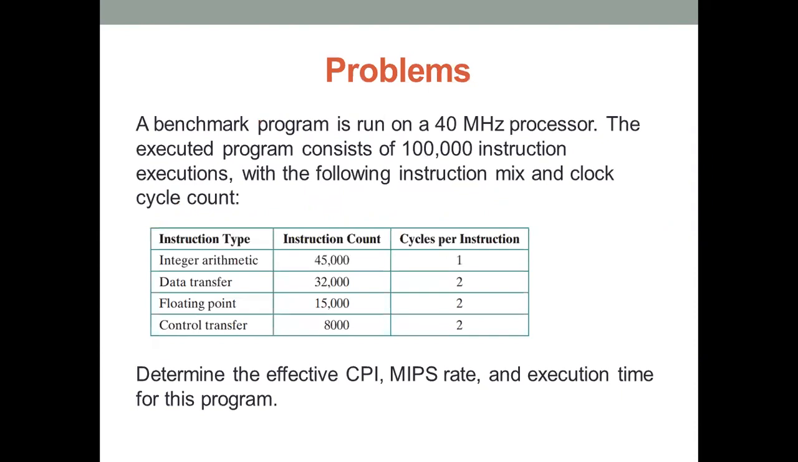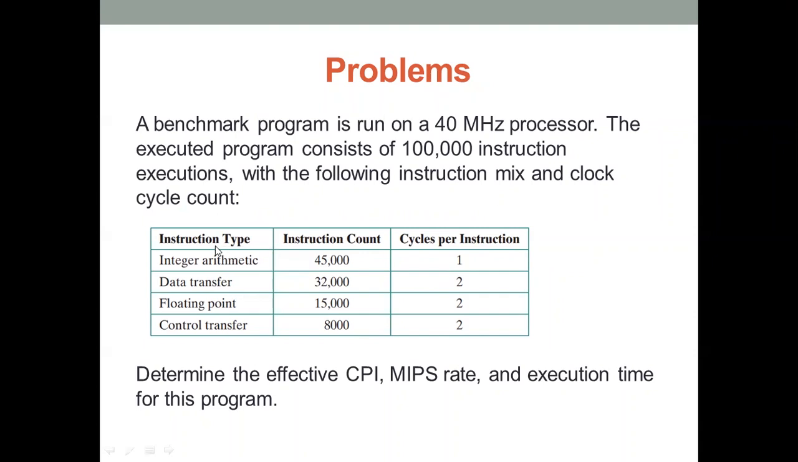Okay, the first problem. A benchmark program is run on a 40 MHz processor. The executed program consists of 100,000 instruction executions with the following instruction mix and clock cycle count. And the question is to determine the effective CPI, MIPS rate, and execution time for this program. Based on the table that we have